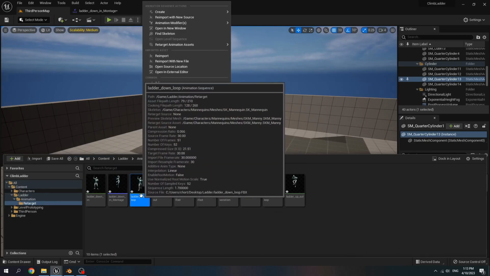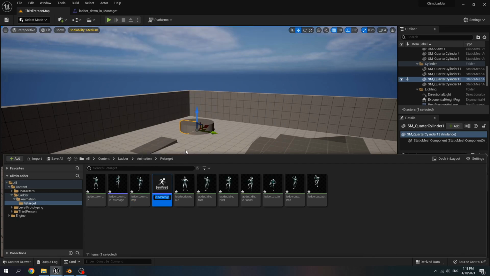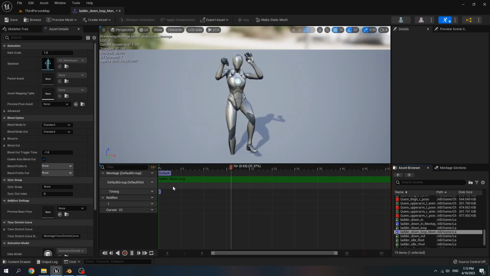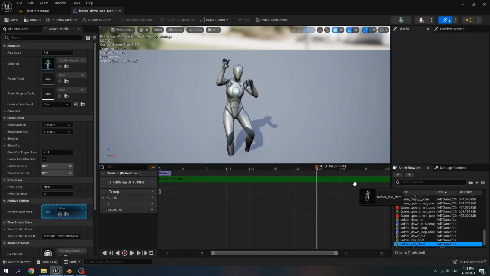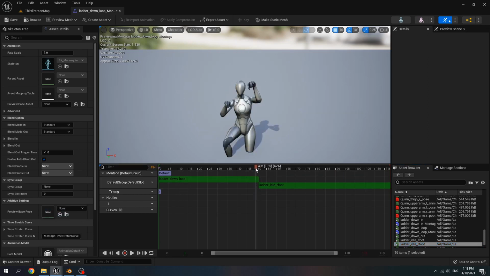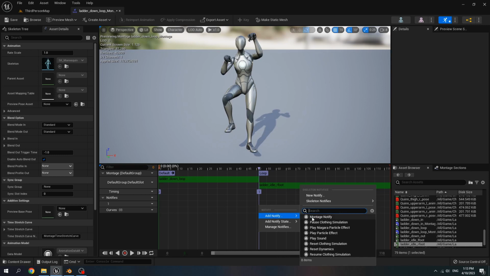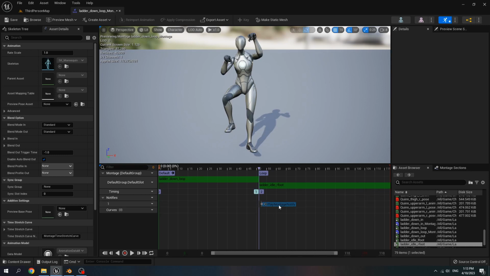Click on ladder down loop animation. Right click, create any montage. Open this any montage. Drag idle R foot inside this animation montage. At the end of this first animation, new montage section, name it loop. And for notify, add new montage notify, move it to the second.